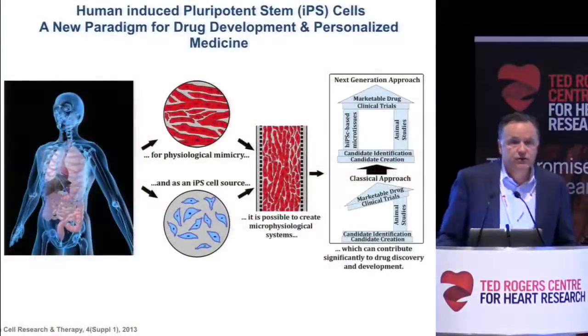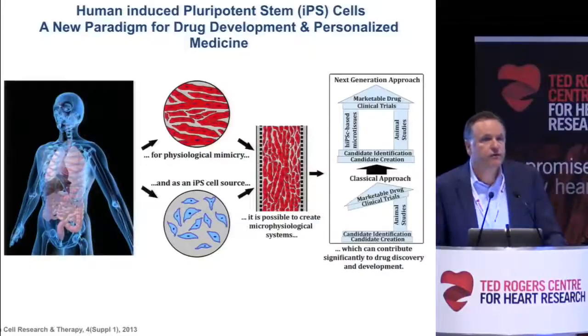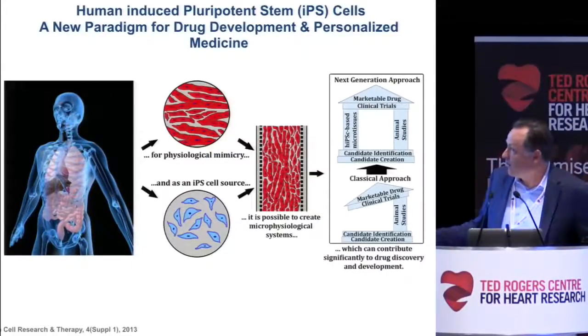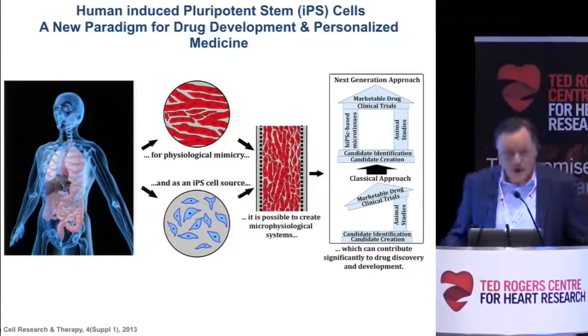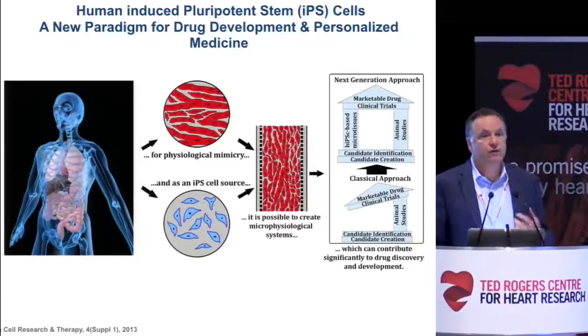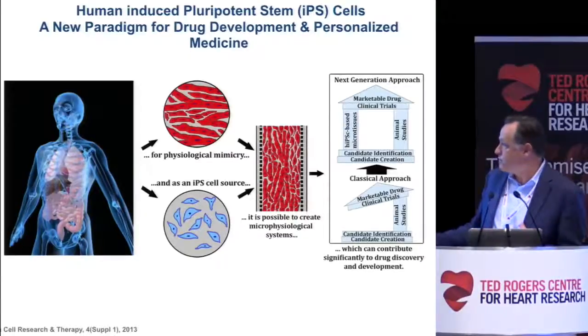So our paradigm is to build upon this concept: to take human iPS cells and differentiate them into cardiomyocytes. We'll talk about organization and structure in a moment, but this differentiation protocol is well established. We see the failure in the current way in which drug discovery is handled as this sort of artificial structure